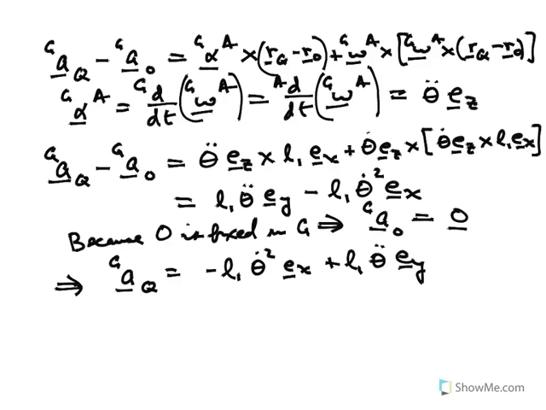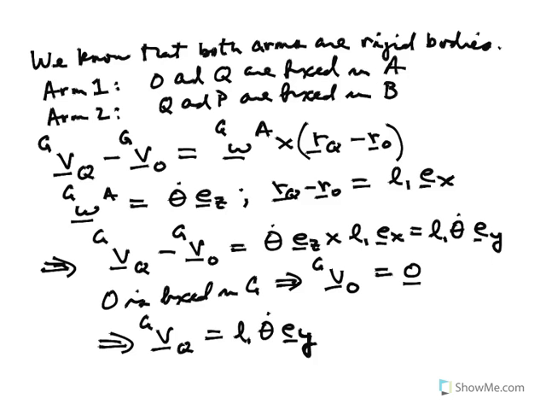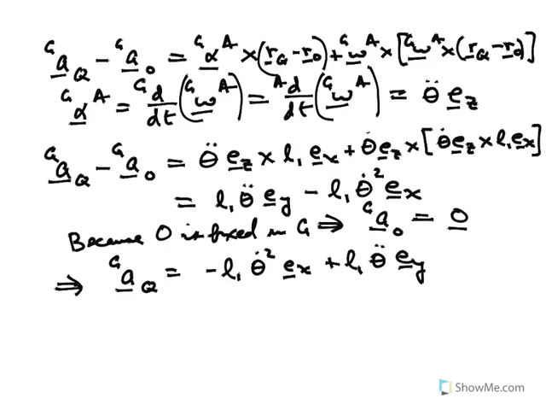Now we have all the information about the motion of point Q. We have the velocity of point Q from before. We have the acceleration of point Q from before. So now we don't need to worry about Q at all. Now we're going to look at the relative motion between P and Q. So next,